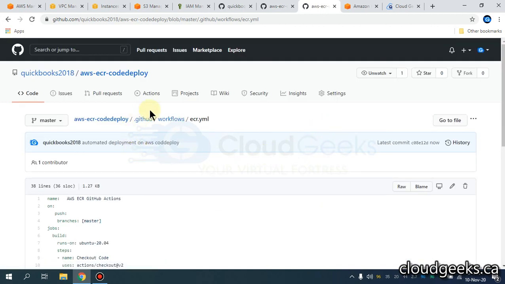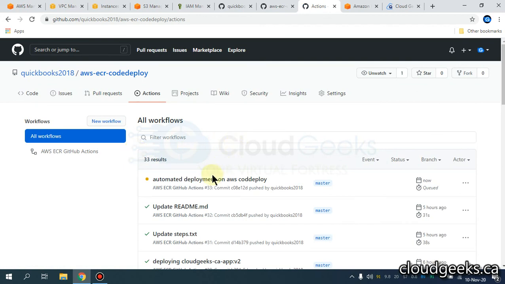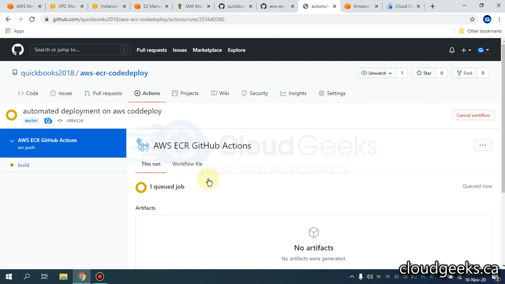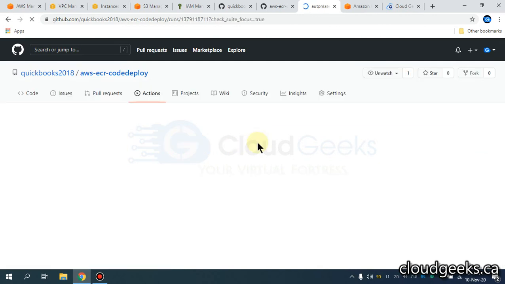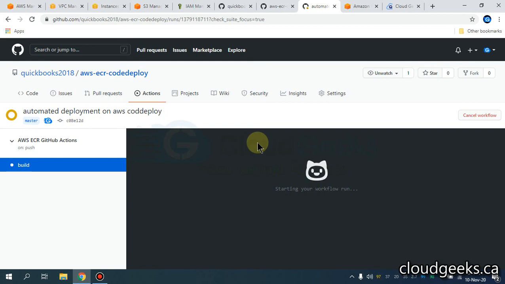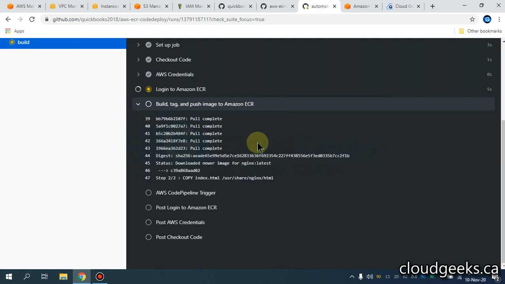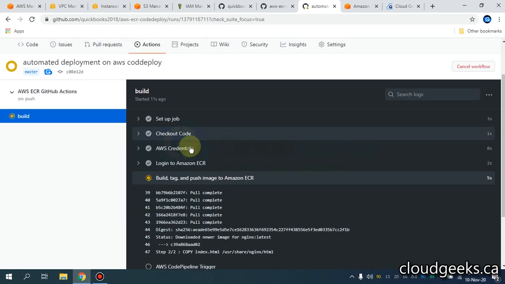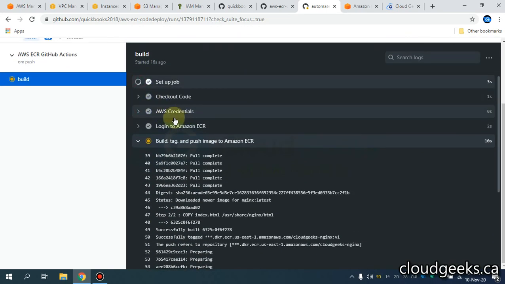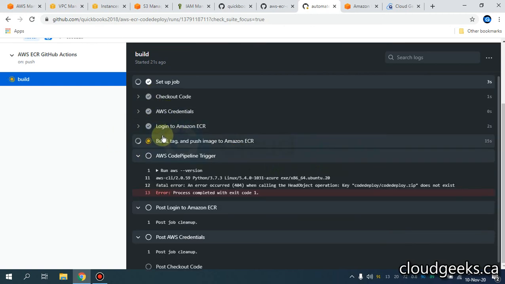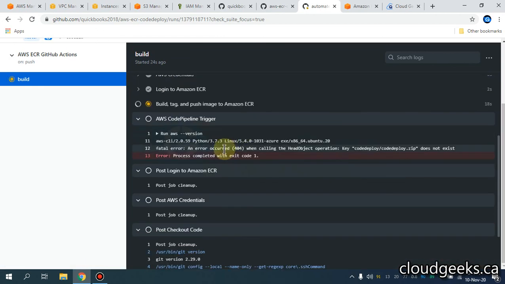By doing this commit, the automated trigger will be done, and the build of our CICD will be automatically triggered. So you see, if you get any error, we will definitely fix those. So as far as till this part, everything looks to be okay. You see that the AWS credentials we have given are okay. Login to ECR is done. So we have one error